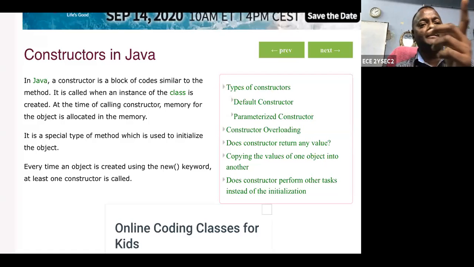Suppose the user gives some initial value, then that attribute should be accepted by the object. If you do not assign any attribute values, then the default value should be accessible.